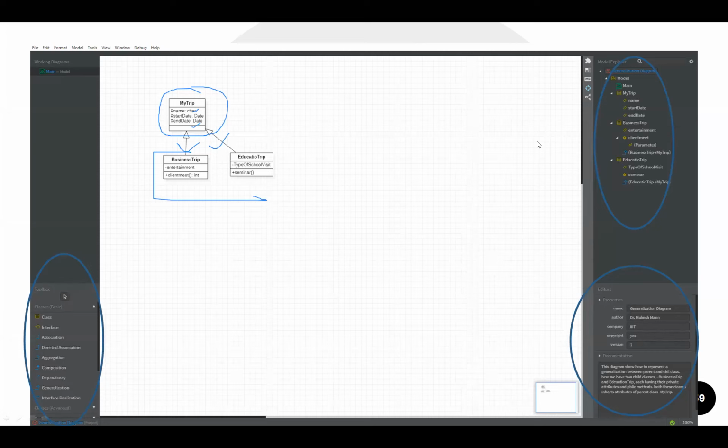Sequence diagrams basically show the interaction between the different objects of the classes in a sequential way. In the previous example we created some classes and some objects, and now when this particular program runs, how will these objects interact with each other, and how are we going to represent those things? For that we need a special type of diagram that we call the sequence diagram. So let's see this sequence diagram now.